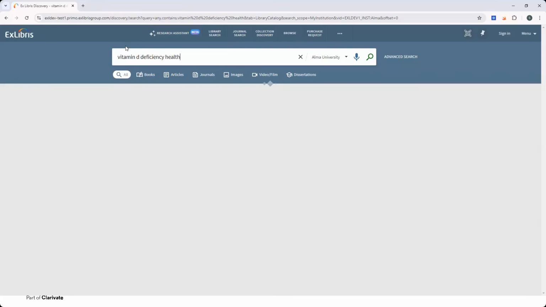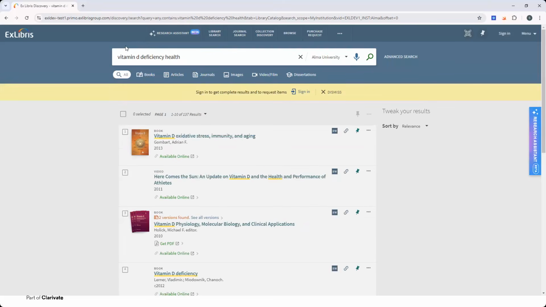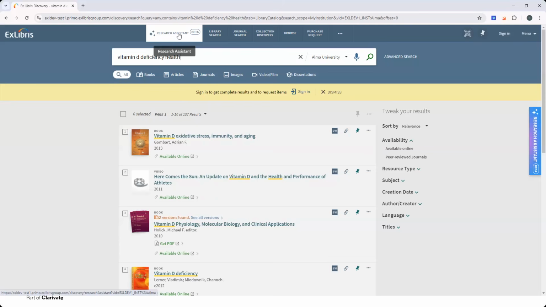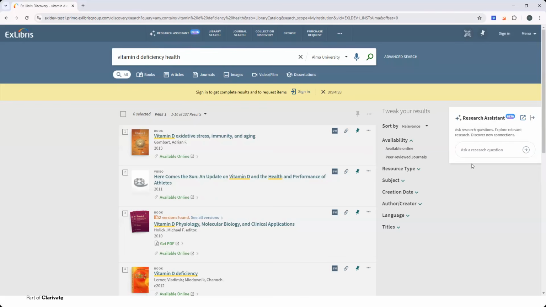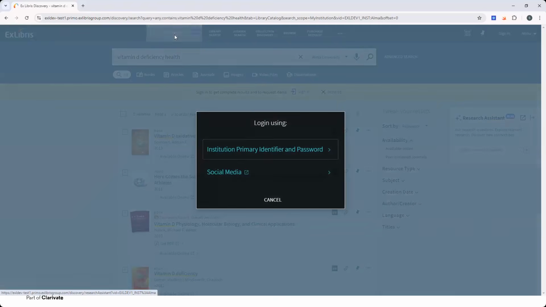So I'm submitting a search, and the Research Assistant is visible for me in 2 main places in the user journey. The first one is on the top, the menu links over here. You can see the Research Assistant. And on the right side, there is the widget where the user can type the question. Clicking on either the menu link or writing the question in the widget will take me to the Research Assistant search screen. But before that, here I'm going to click on the menu link,